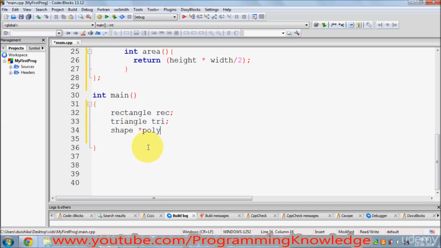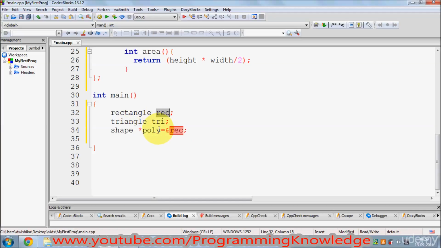So I have defined an object which is a pointer, and which points to, this is important, the address of my rectangle class. Okay, which points to the object of my rectangle class. So this is the object of the rectangle class, and when we use the ampersand, it is the address of this object. And what is a pointer? If you remember, a pointer is a variable which points to the address of another variable,